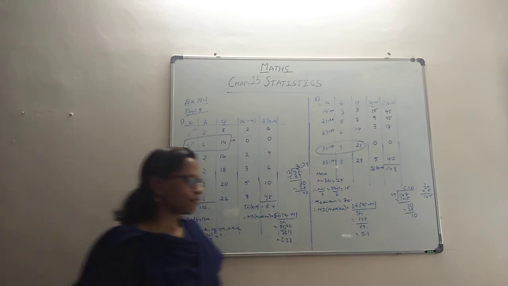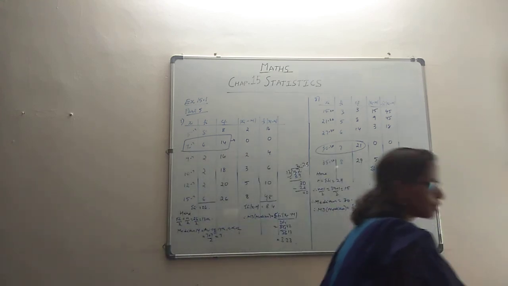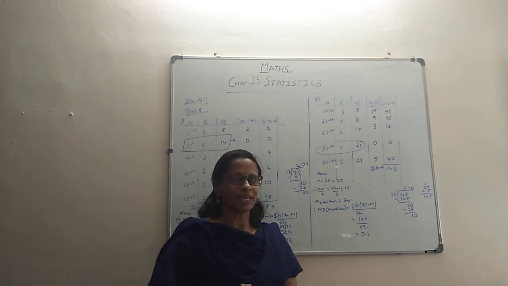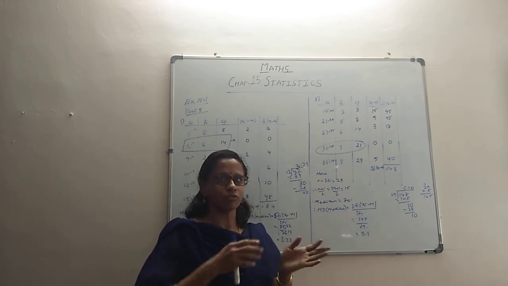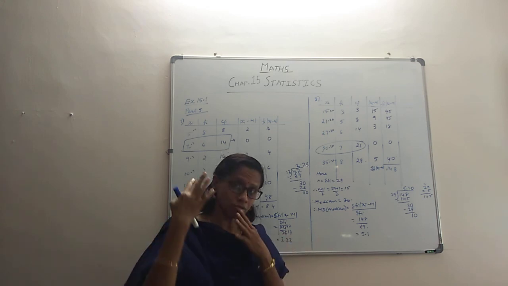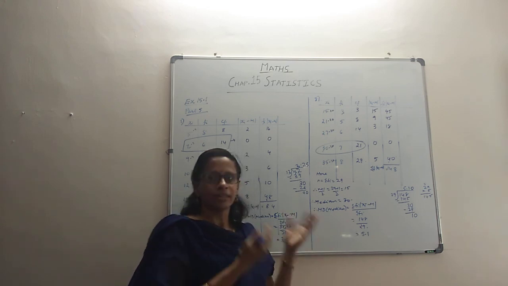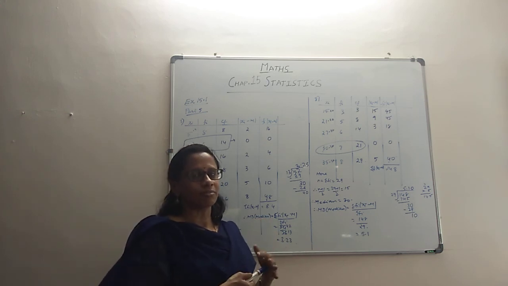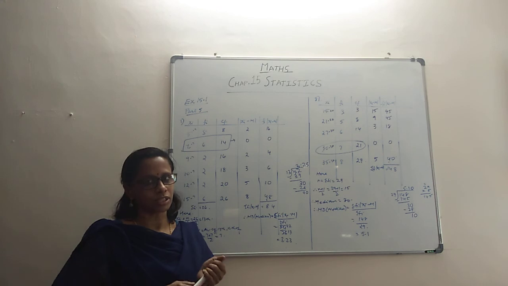So that's about the mean deviation from the median. This is how we did. We did this addition a little better than mean deviation from mean, I think, because mean deviation from mean called for so many extra columns, and then only we found out the mean, then we did all this. Here finding out the median is a little easier as compared to finding out the mean. Well, that's how it is. So that's about the discrete data.